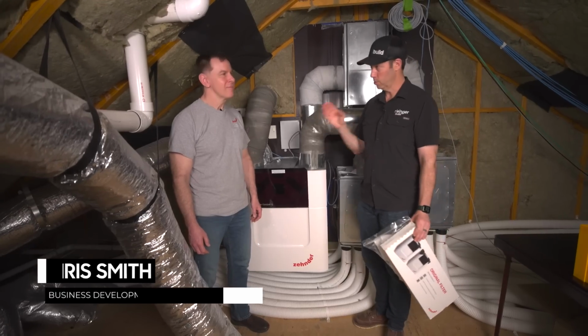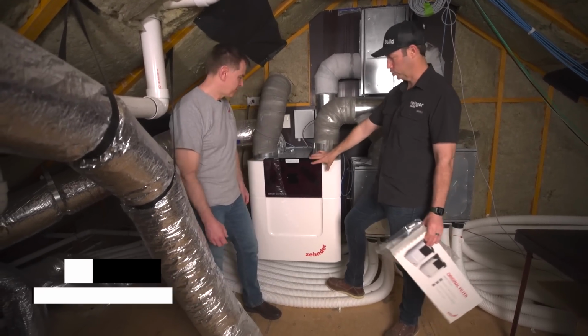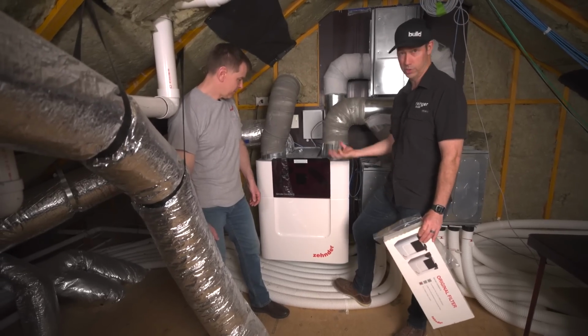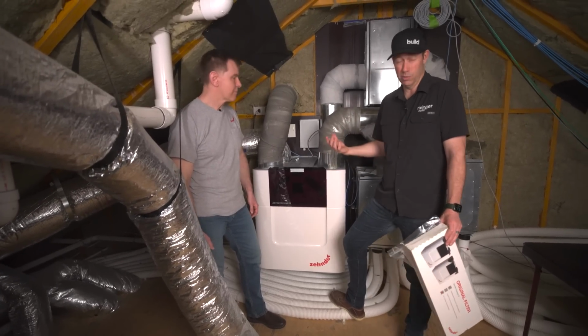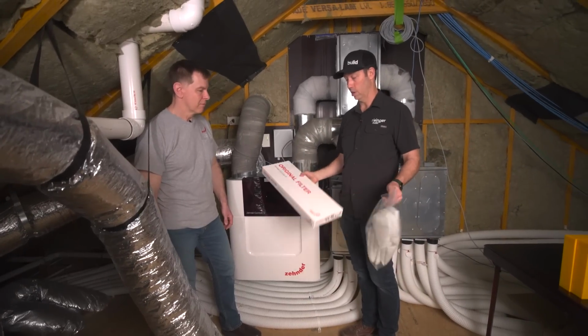Okay guys, Chris Smith from Zehnder here to walk us through the process. This is the Comfo Air Q, which I've got installed at my house. This is kind of their top of the line system, but all the steps that we're going through here today are going to be the same really with any Zehnder unit you might have. Right. And pretty similar steps, frankly, if you have another manufacturer, although we're specifically talking about the parts for a